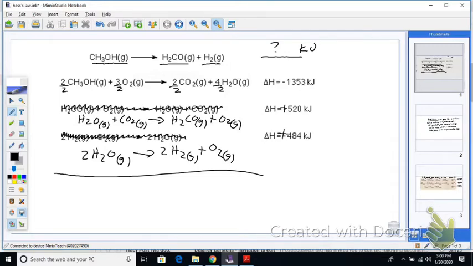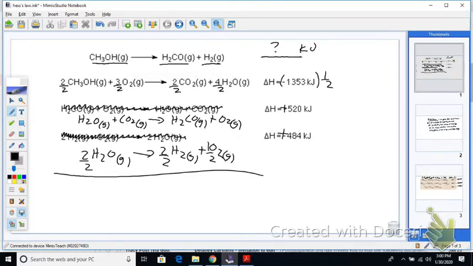And then guess what I have to do to this overall reaction? I've got to divide it by 2, or take it times 1/2. The second one I don't have to do anything with. I just have 1 mole of it. That's good. And then the next one, what will I have to do to that one? Divided by 2. So 2, 2, so I've got 1, 1, 1/2, right? Hopefully, by doing that, everything else cancels out, except for 1, 1, 1.